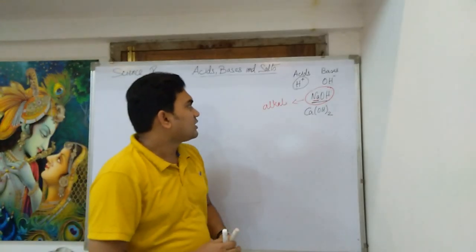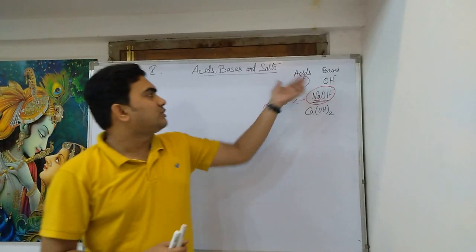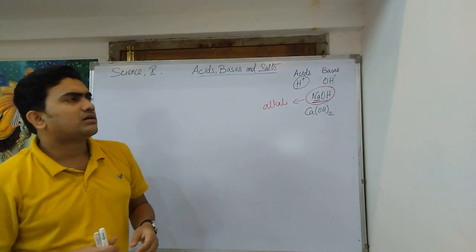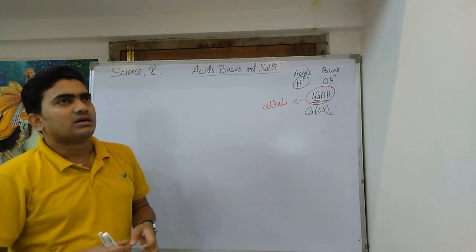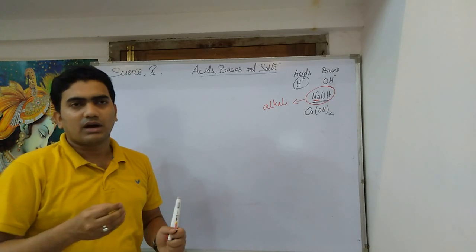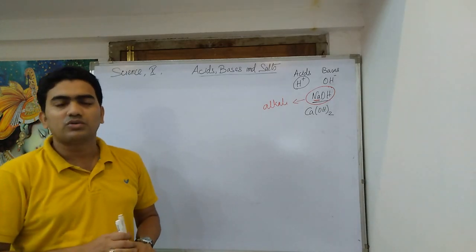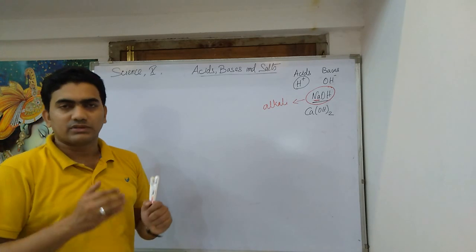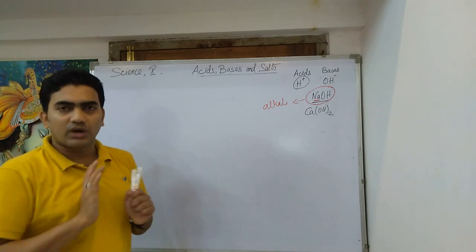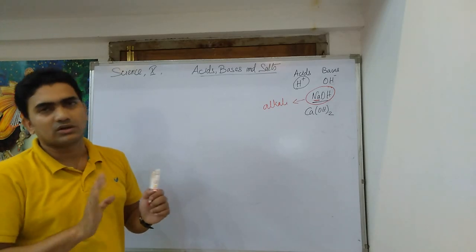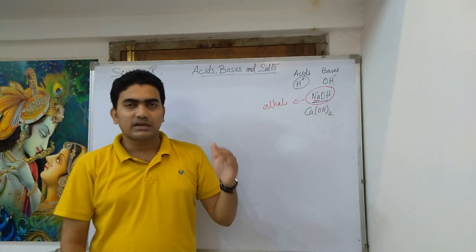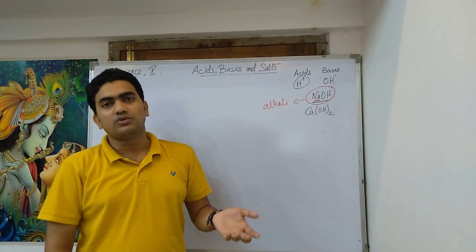Now, how to dilute an acid? What is dilution? If there is a drink you want to make, and suppose you have dropped a higher amount of salt in it, then in order to decrease the saltiness of that juice, we add some more water to it, or whatever the solvent is. So whenever we want to decrease the relative strength of an acid, we add water to that.